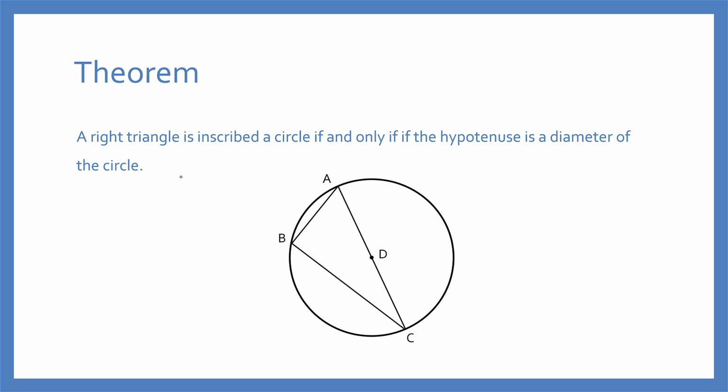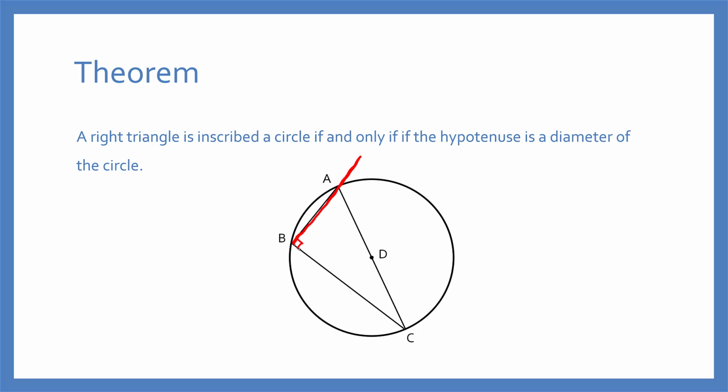We have one more theorem to look at. If a right triangle is inscribed in a circle, that only happens when the hypotenuse is the diameter of the circle. So here we would have a right triangle. That's only going to occur when we have a diameter as the hypotenuse. Why? Well,